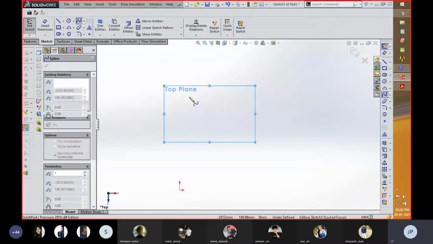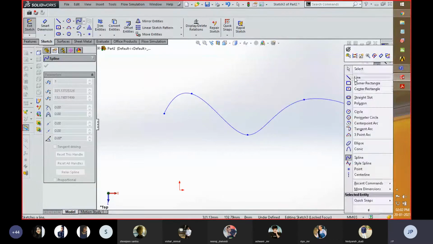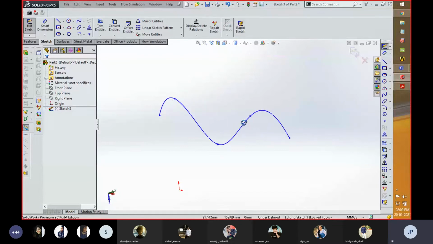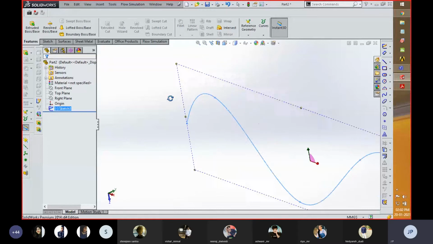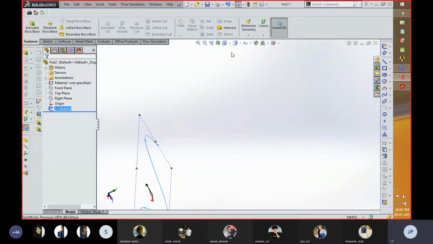Over here, I'm going to create a spline as per your requirement. Right now I'm drawing this spline as a free path. Okay. After that, I need to create a profile on this plane, but the difference is that in the earlier tool, that is the revolve boss command, we created two profiles in a single sketch. Okay, but with respect to this swept boss, you need to create two different profiles in the same path. So for that purpose, I'm going to create a datum plane over here.